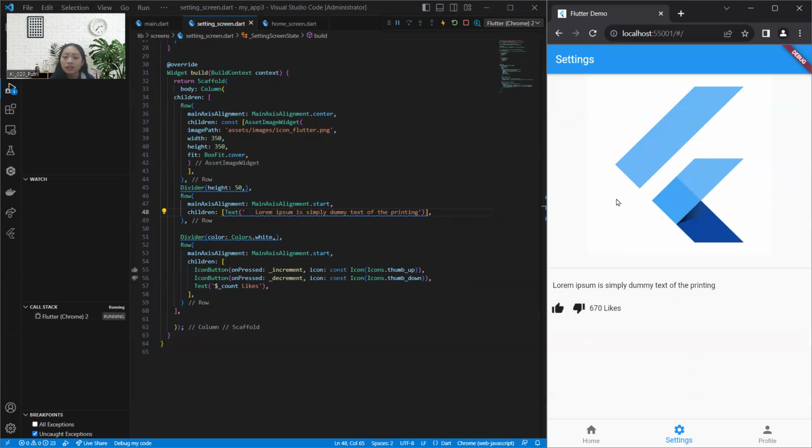So in this demo, I use Chrome to run my code because currently my Android Studio emulator is still having a problem. So for this time, I use Chrome. So this is the result. As we can see, this is the image, the text, and then when we click like, the likes will be increasing, and when we click dislike, the likes will be decreasing. So it is working